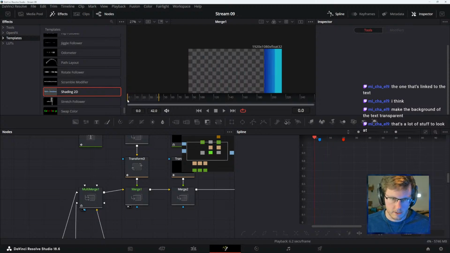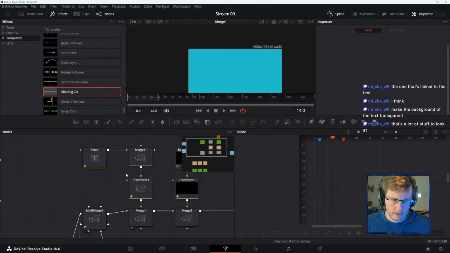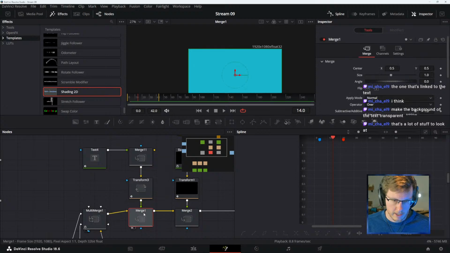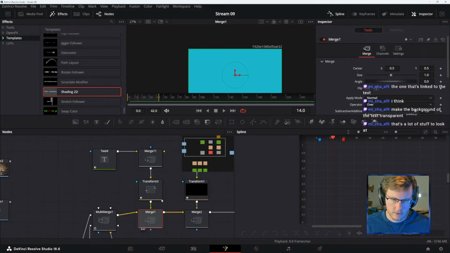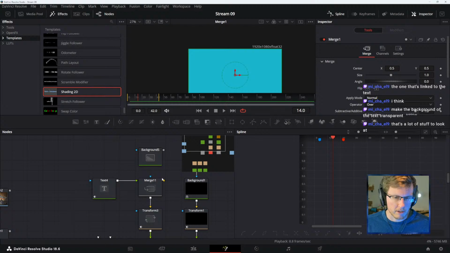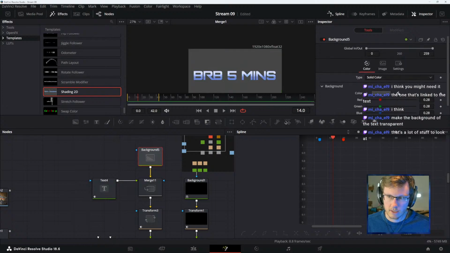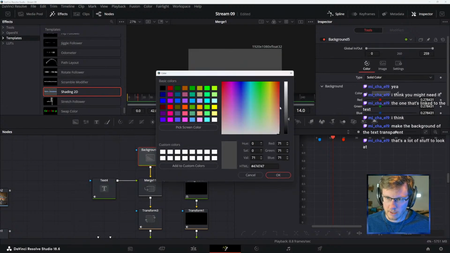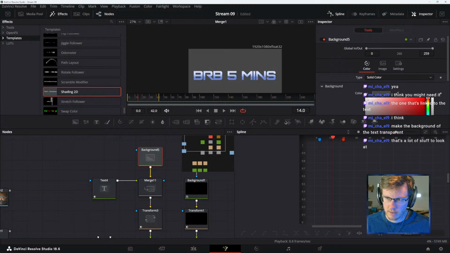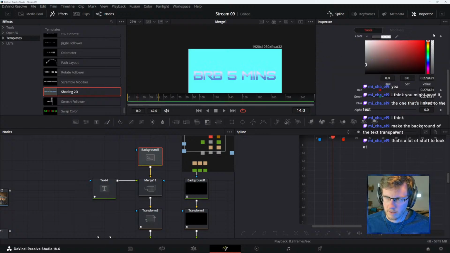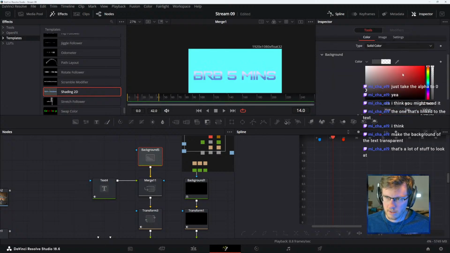And then, okay, sweet. Wait, but now we don't have... It needs a background though. Okay. Wait, not the mask. Put it on the background. Yes. And then we make this color transparent. Now the colors are weird.